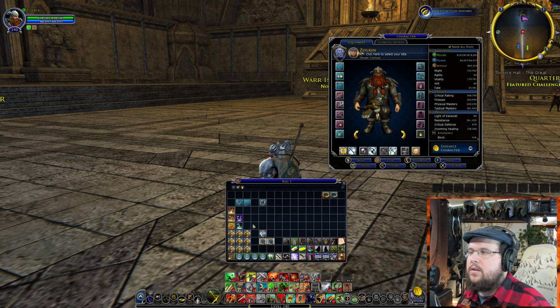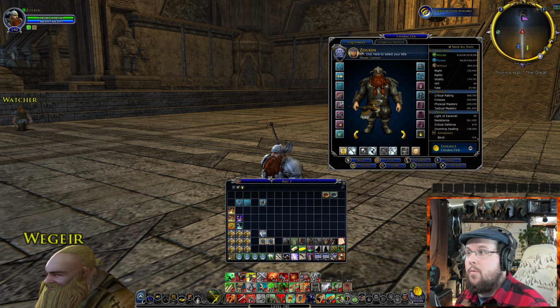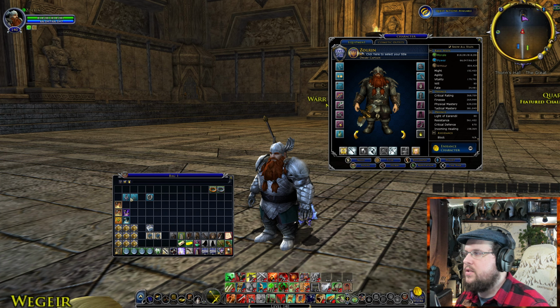Now, granted, I think it gave me another item to be able to use to get a legendary one-hand too in here somewhere. So I should be able to choose a one-handed axe too. I'm not going to need these anymore, so I'm going to sell those. But there we go. Look at that,